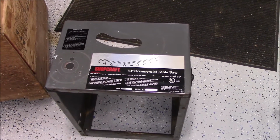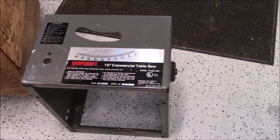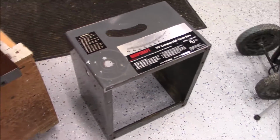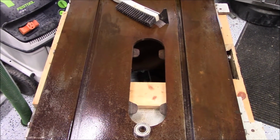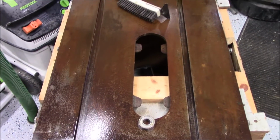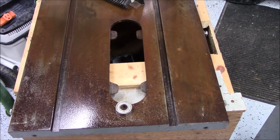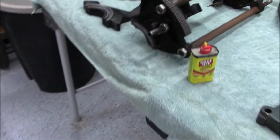So far I've knocked the saw down. I did a little bit of cleanup on the stand here. I started scrubbing the bed. It is obviously pretty rusted, but I don't think there's any heavy pitting in there, so I should be able to get this cleaned up and make it look pretty decent. The rest of the saw is completely broken down,